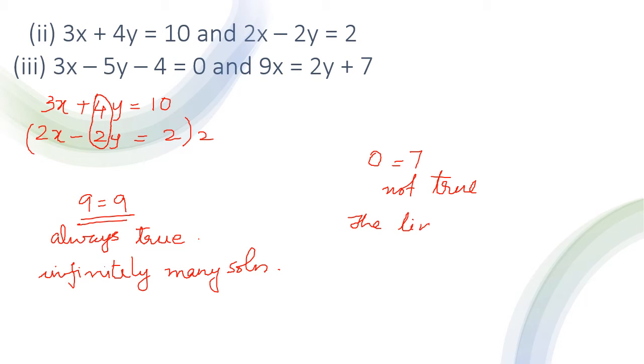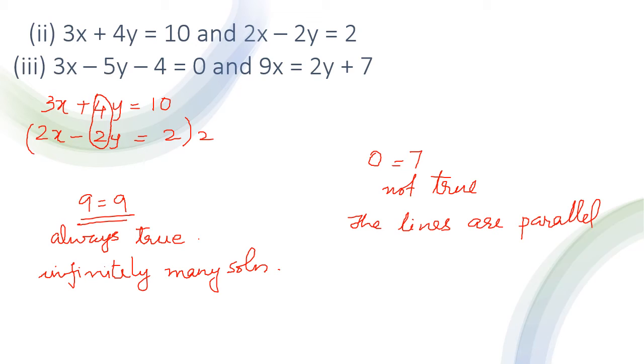That is, they are not going to meet. The lines are parallel. Only when you get this equal to 7, which is not true, the lines are parallel. Only when you have two lines meeting at one point will you get the x and y as one coordinate. Understood? Otherwise the answer will be coming like this.